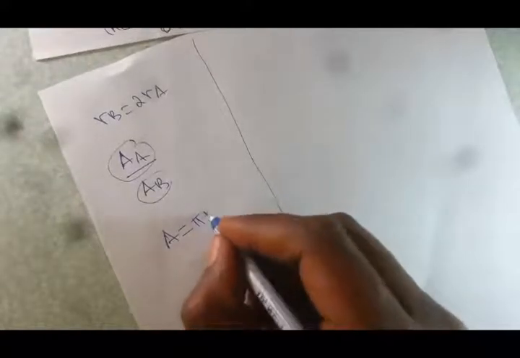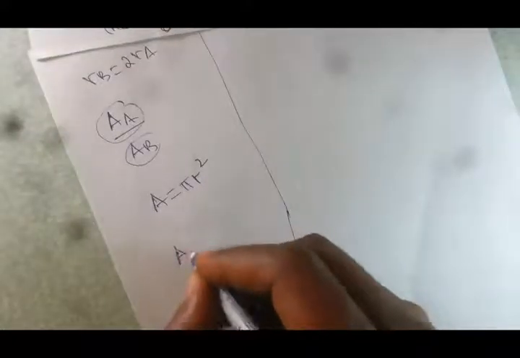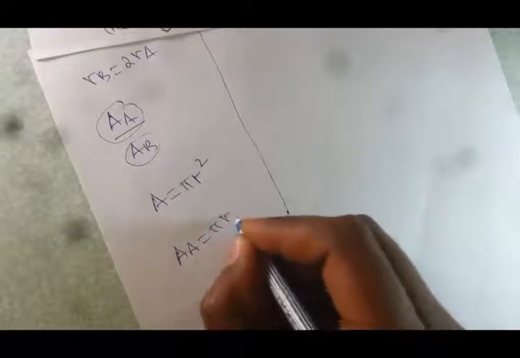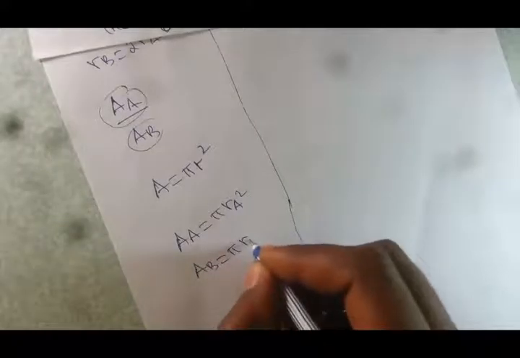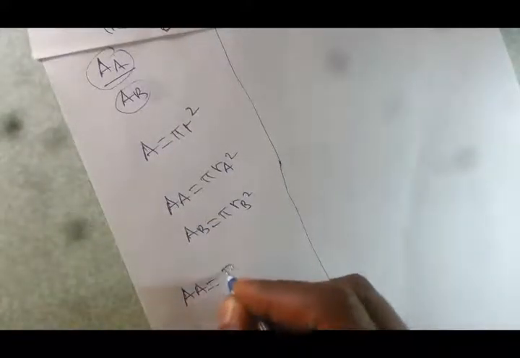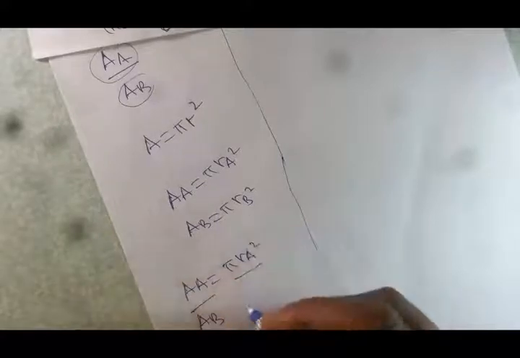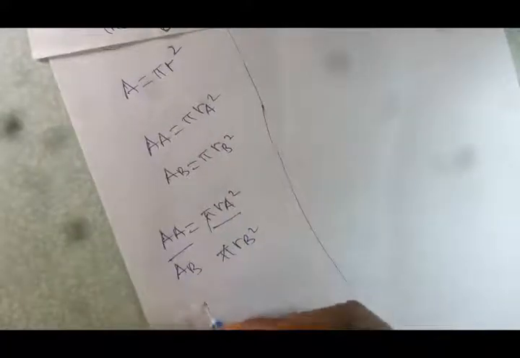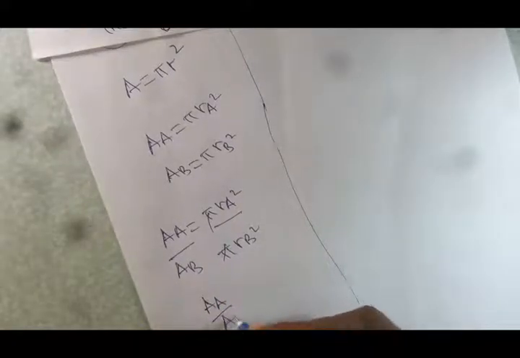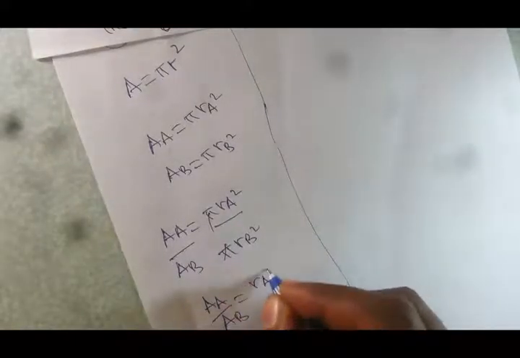We know that area can be calculated for a circle as pi r square. Therefore, area of A is equal to pi r of A the whole square, and area of B is given by pi r of B the whole square. Therefore, area of A over area of B, when we take a ratio, is pi r A square over pi r of B the whole square. Therefore, pi will be cancelled, and area of A over area of B is equal to r A square over